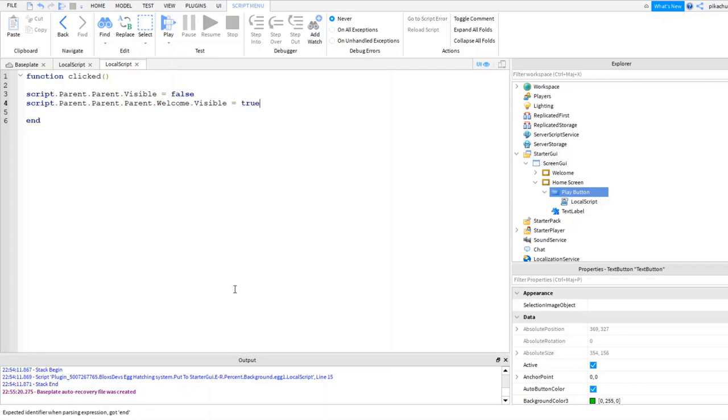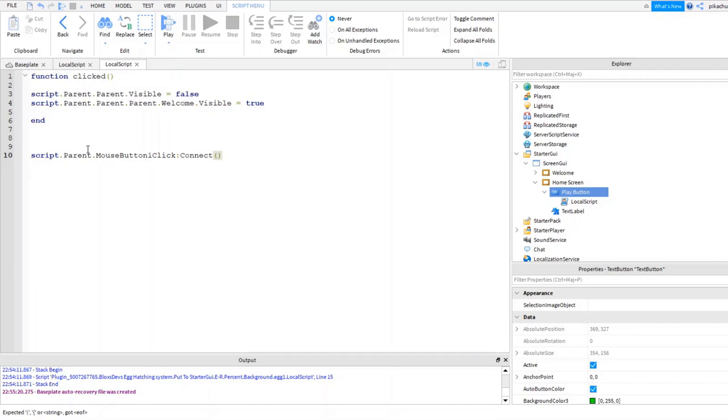So automatically when that clicked function gets run, the home screen disappears and the welcome appears. So we're gonna say as well script.Parent.MouseButton1Click:Connect(clicked).